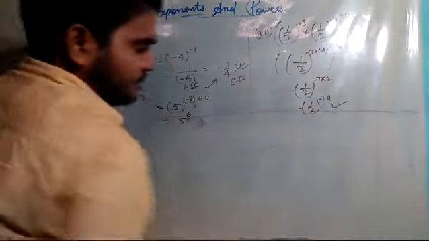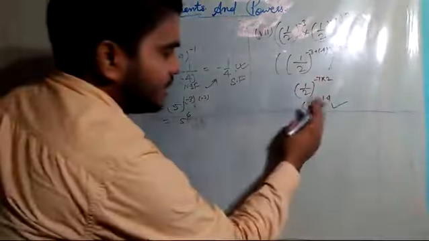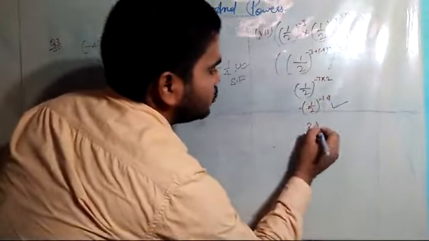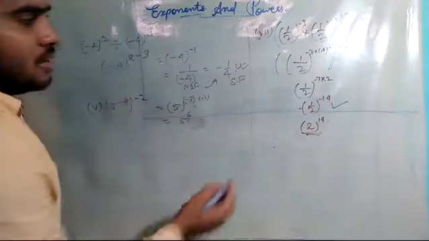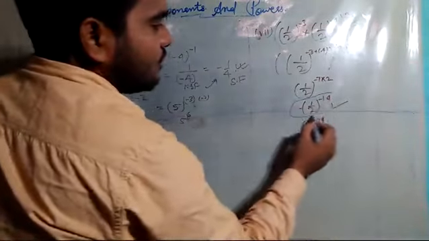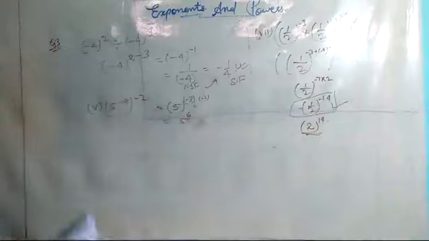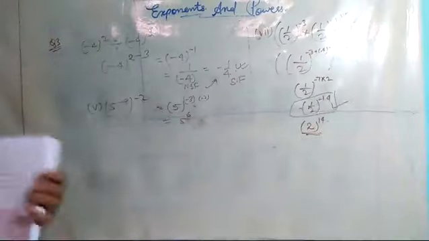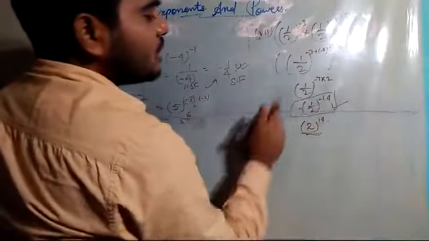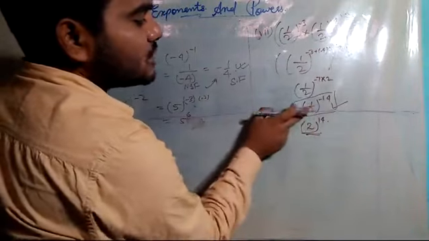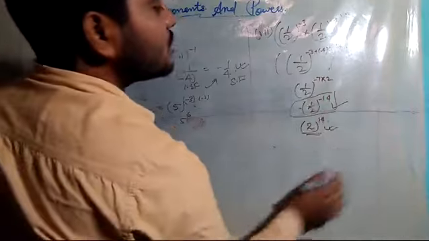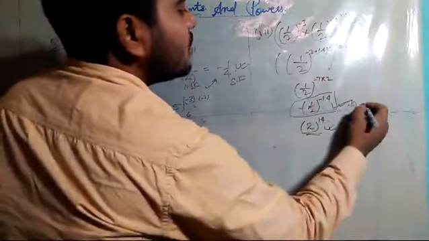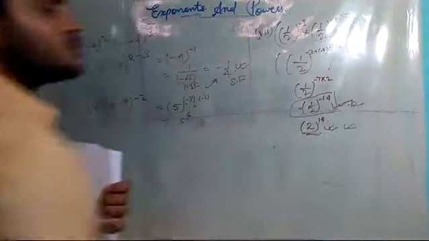Now if you have a negative power, I can reciprocate this. So I will write 2 and the power will be converted into 14. If you remember, in the first part I told you, when we have negative powers, we convert them into positive and write the reciprocal of the base. The reciprocal of 1 by 2 will be 2, and the power will be 14. So your answer will be this. If you write this also, you will get full marks. This is also correct.